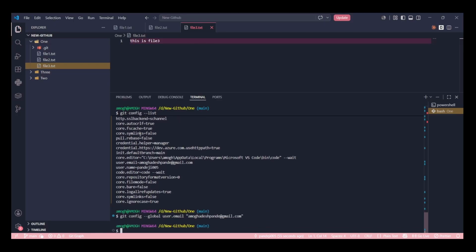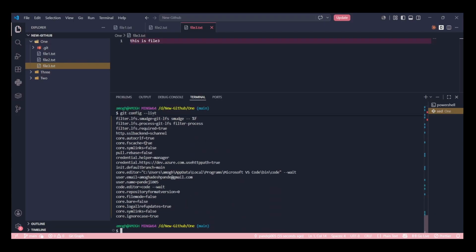And if you want to know whether your configurations are set or not, you need to run this command: git config --list. See, my user.email is set, my name is set, and this is my GitHub username.